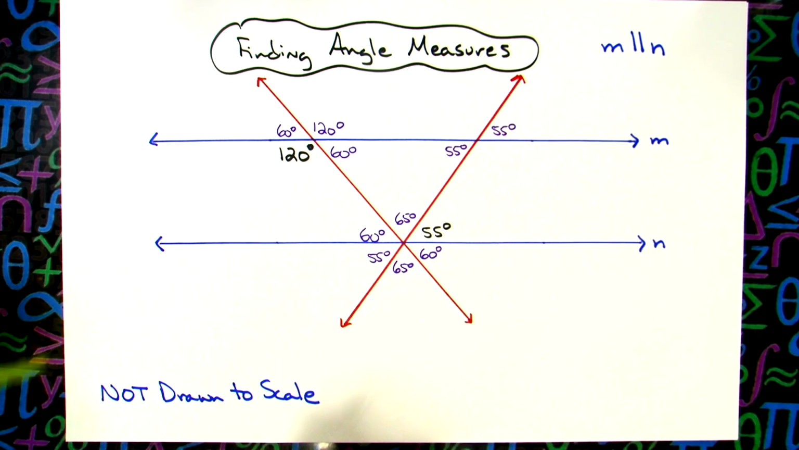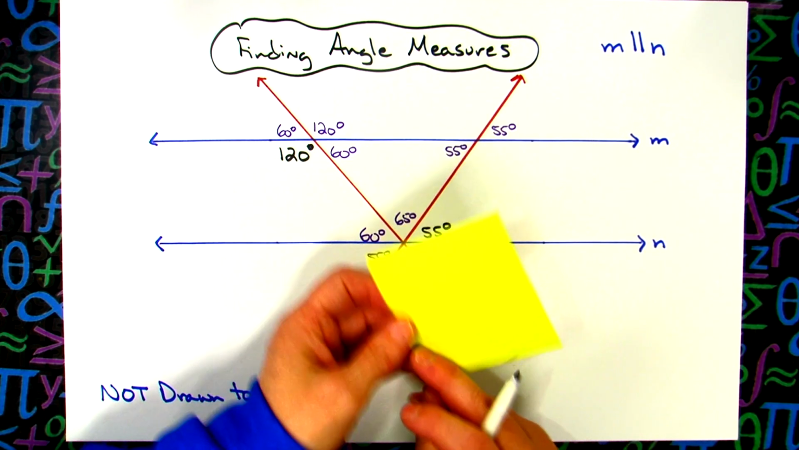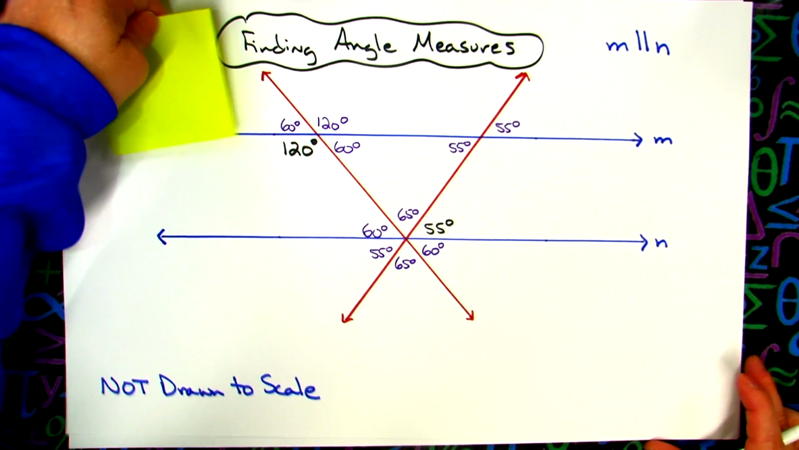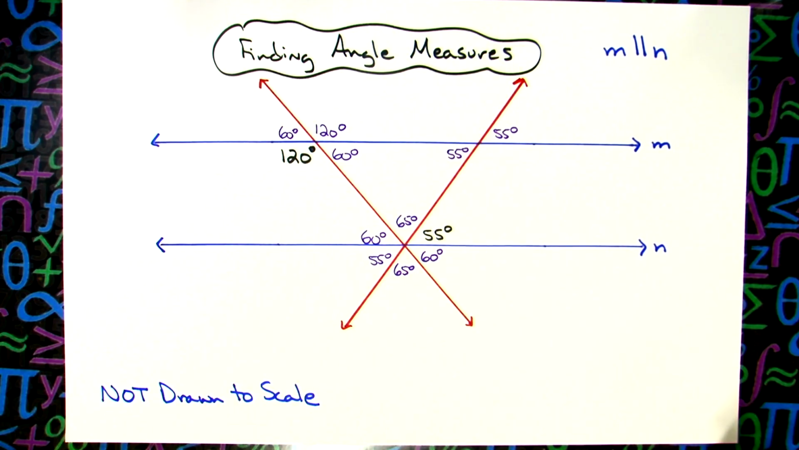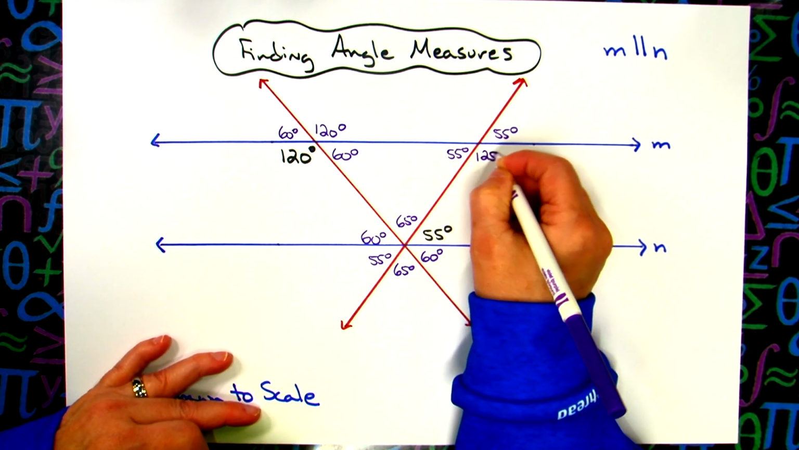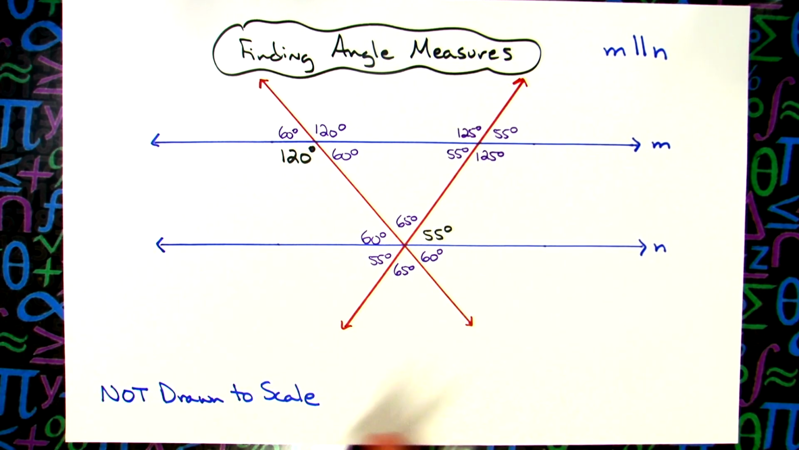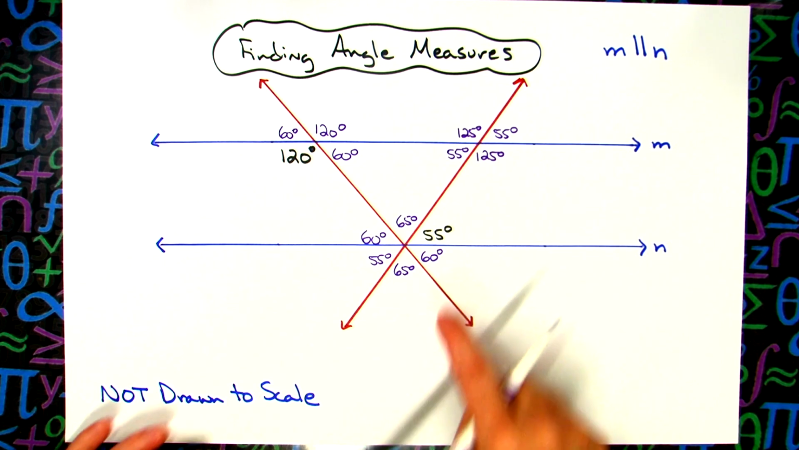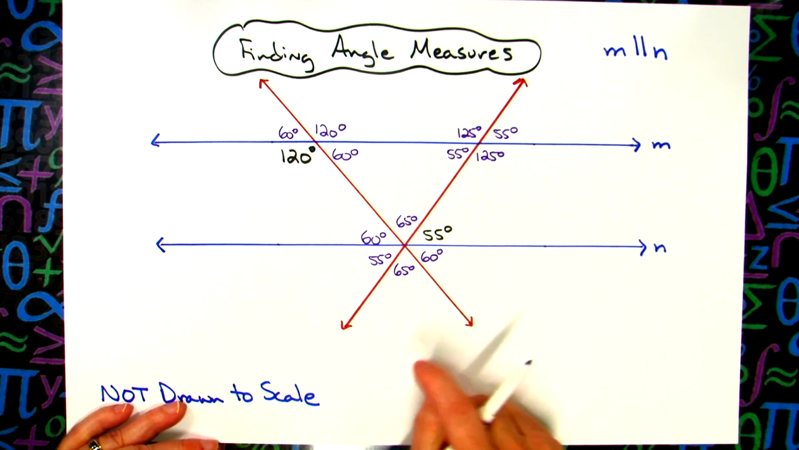And then if we use the fact that we've got linear pairs here, we've got linear pairs here as well. So 180 minus that 55 is going to give us 125 degrees for this angle and 125 degrees for that angle. So pretty much using, say, three basic facts here: parallel lines cut by a transversal, alternate interior angles,